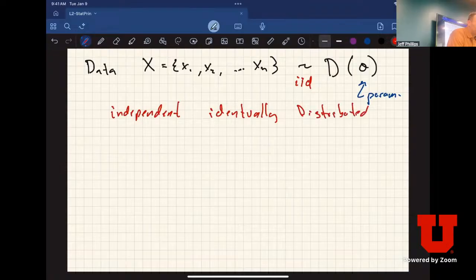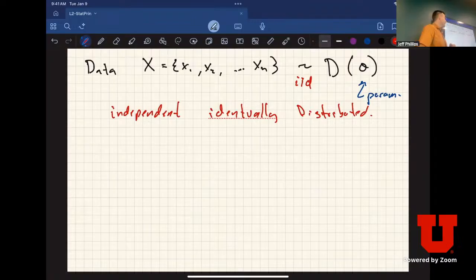Okay, this is kind of a broad assumption for much of data analysis. What it means is that every data point I draw, every observation I make of the world, is what I'm modeling. There's some underlying distribution they're coming from. Every observation is independent of every other observation, and they're all identical. They're all coming from the same distribution. So my data, I assume, is such that each data point is independent, and they're all coming from the same